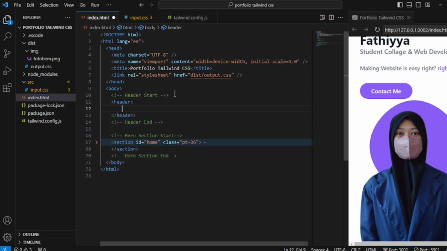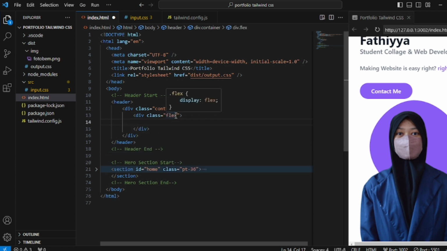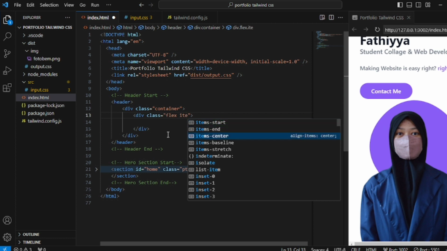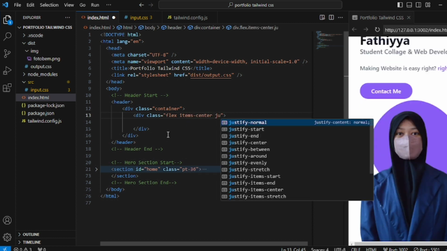This one we can enter, and from the field we're gonna do container again, enter. I'm gonna flex, enter, and in flex I'm gonna do item center, and then justify between